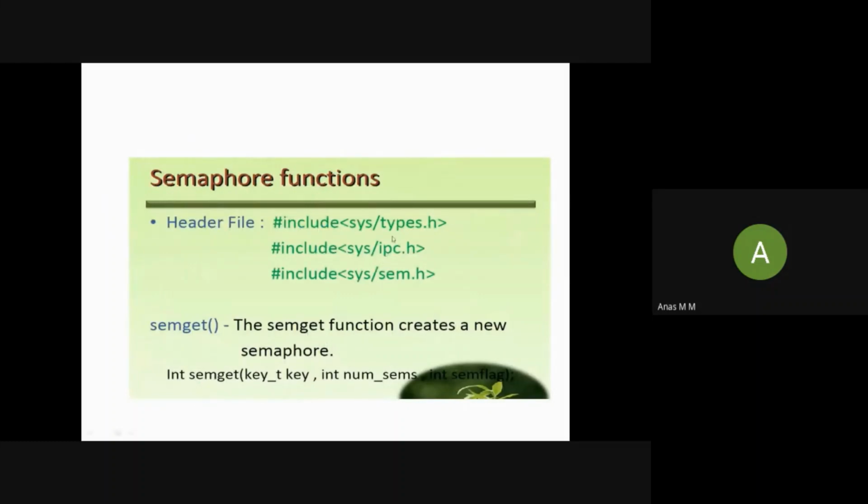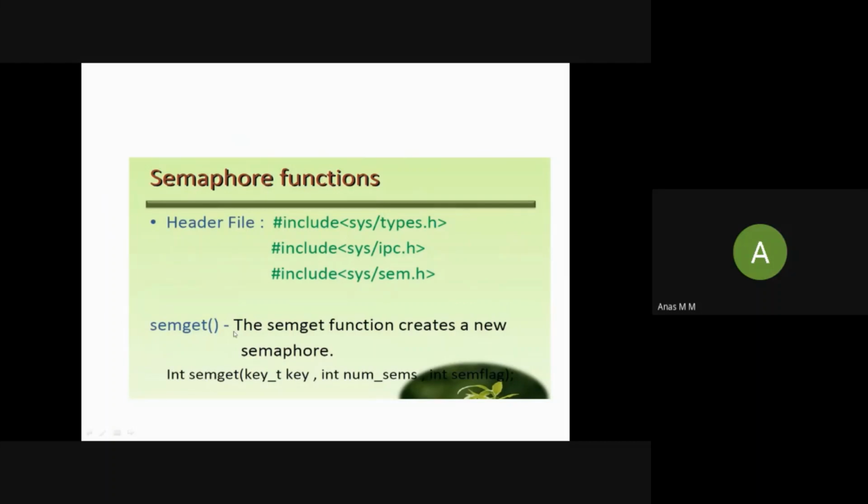So these are the header files. The programs will be under these header files, ipc.h and semaphore.h. If you use semaphore.h, this header file includes all the files associated with semaphores. The basic function that we are using under this header file is semget.